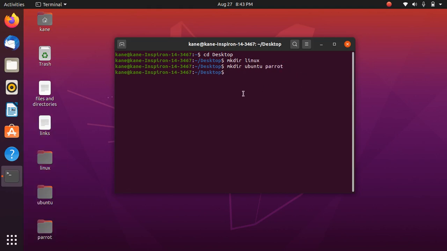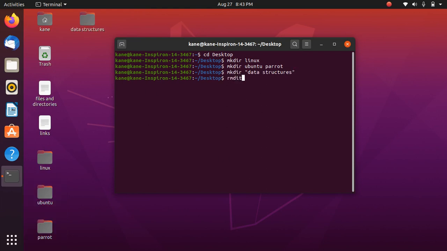Okay, so I've created multiple folders, and these are empty folders, that is, they do not contain any data. So let me show you a third way of creating folders with double quotes. Okay, so let's remove them.